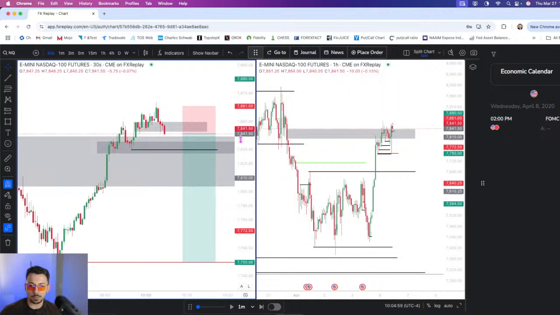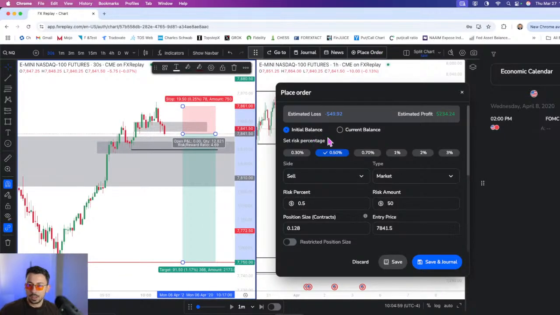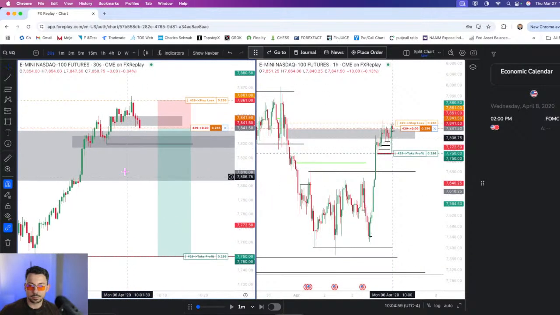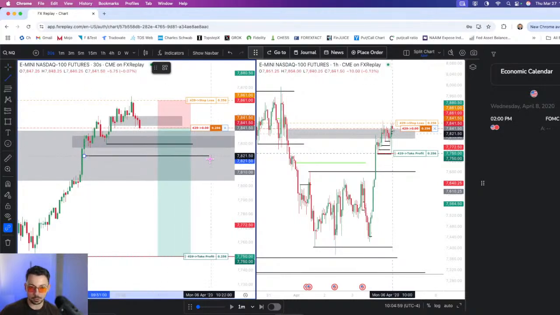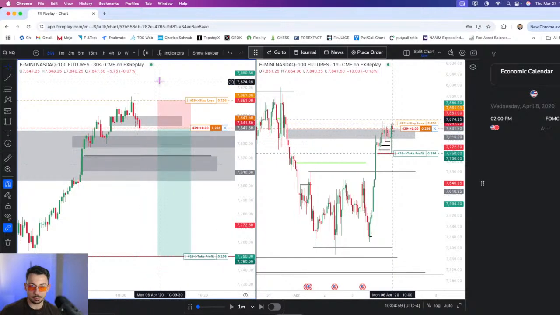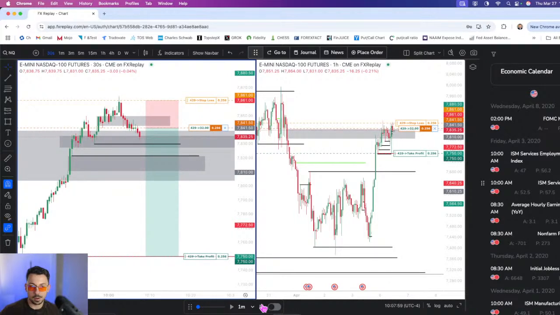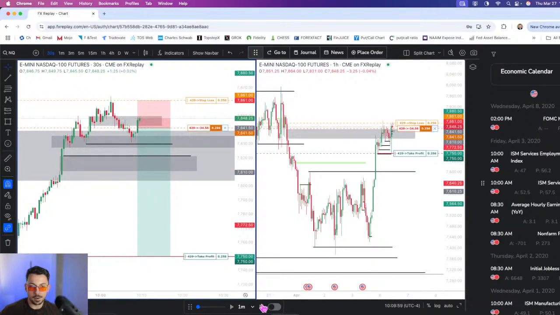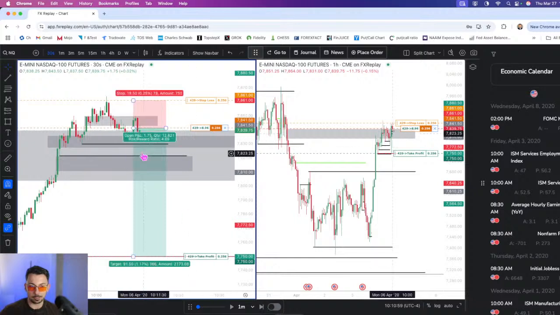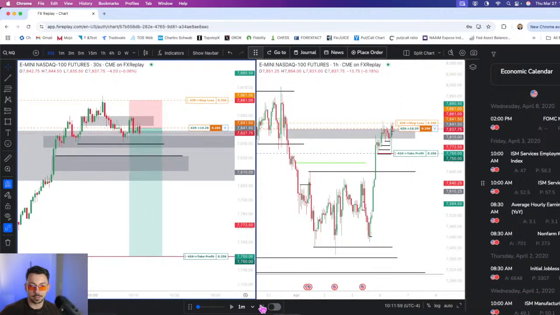All right, so how do I place the order here? Let's do a 1%. And I'm going to partial right here. If we end up getting this low, I'm going to partial in this bullish fair value gap right here. Why? Because if we sweep this liquidity and then trade into here and we're bullish, we're just going to go higher. So let's see what plays out. Uh-oh. Okay, that looks really good. I really like this.